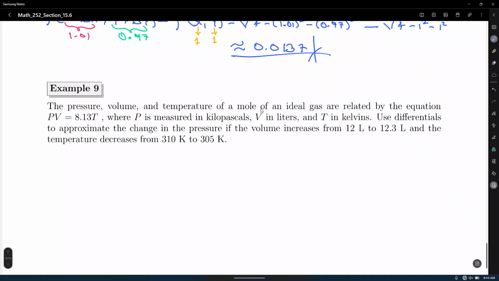Use differentials to approximate the change in the pressure if the volume increases from 12 liters to 12.3 liters, and the temperature decreases, careful, from 310 Kelvin to 305 Kelvin. Yes, the problem looks similar to the one we did when we did the, what was that? Number one, the partial derivatives, to